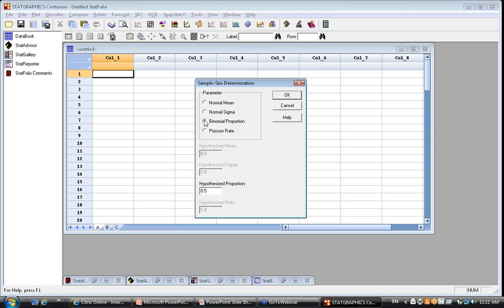So I'll pick the proportion. I also will need to tell the program down in the field here that says hypothesize proportion what I expect the proportion to be, at least approximately. Because it turns out that the variability in a statistic that estimates a proportion depends upon what the actual proportion